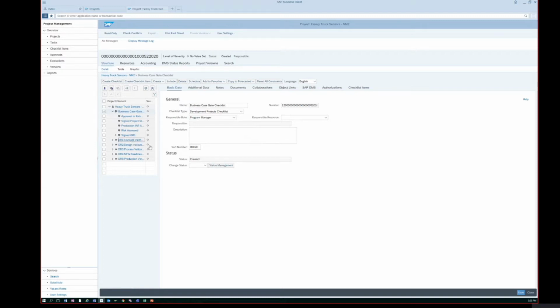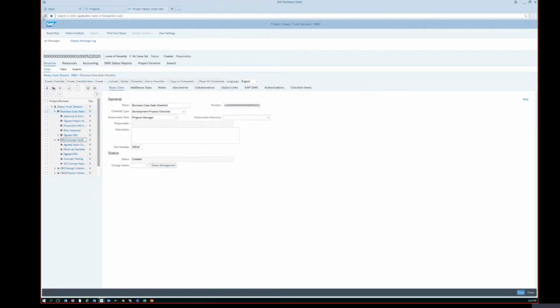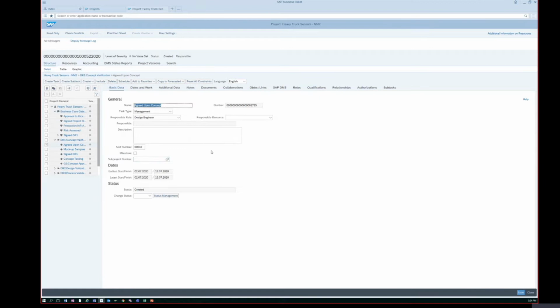I just put the checklist under the project definition. So let me explore the phase, and I see here the different tasks below those phases. Tasks basically form the basis for planning your activities in the project. They have duration, and resources to be assigned. Once in the detail section of the task, it could also be a milestone task, to do a milestone